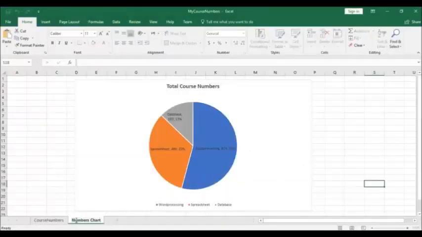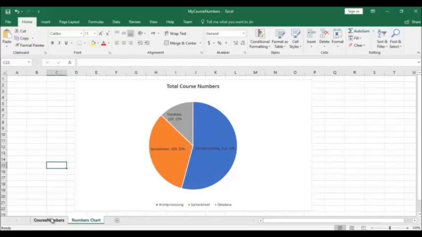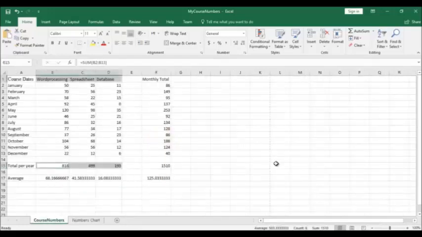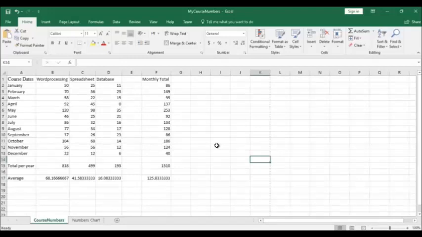Like this. Now, use the conditional formatting. You remember the conditional formatting? Okay. Use the conditional formatting on the data in the course column so the values less than 12 are displayed